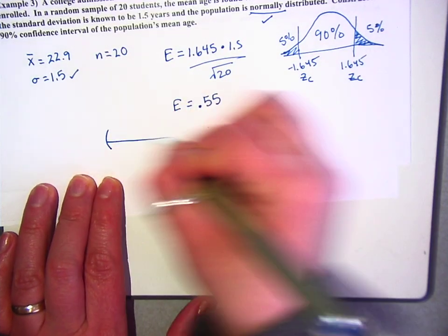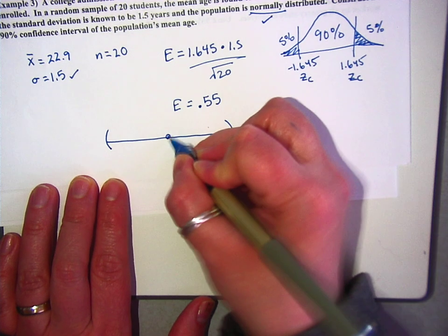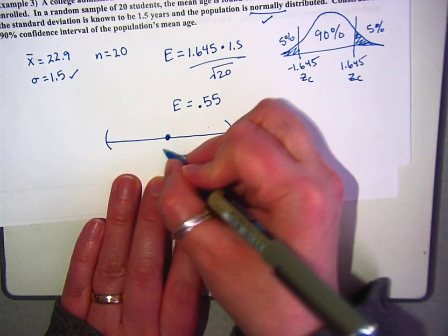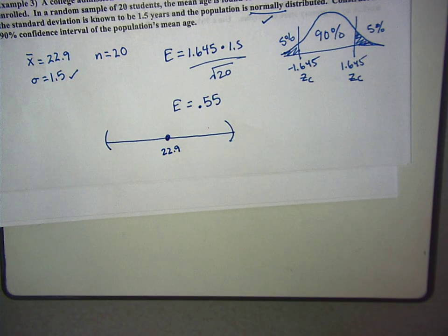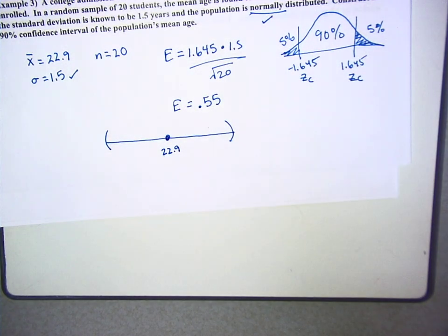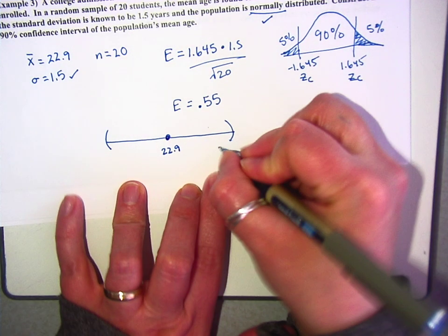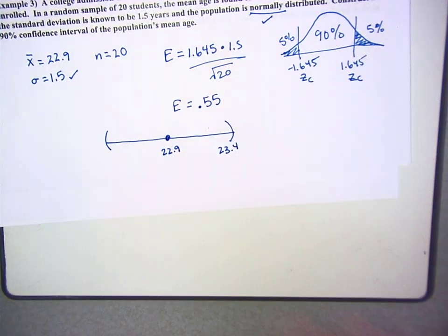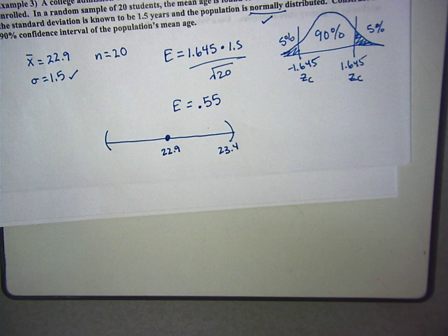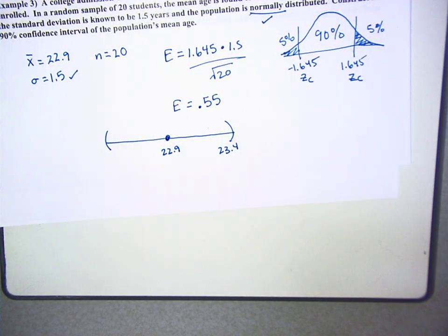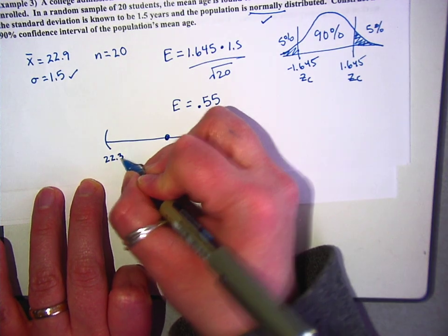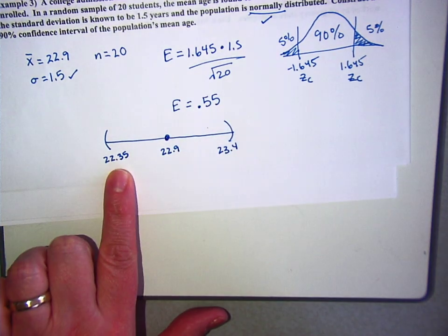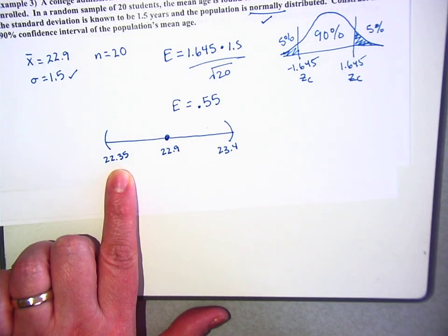Well, you kind of do, because when you're making this thing right here, so let's do it together. Put the x bar in the middle, which is 22.9. And then I'm going to add, so 22.9 plus 0.55 on the upper end, and I'm going to subtract 0.55 on the lower end. So to answer your question, this one would have been a negative z-score, adding in a negative z-score, and this would be adding in